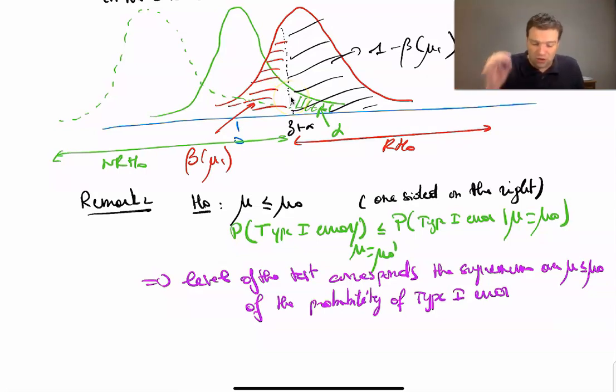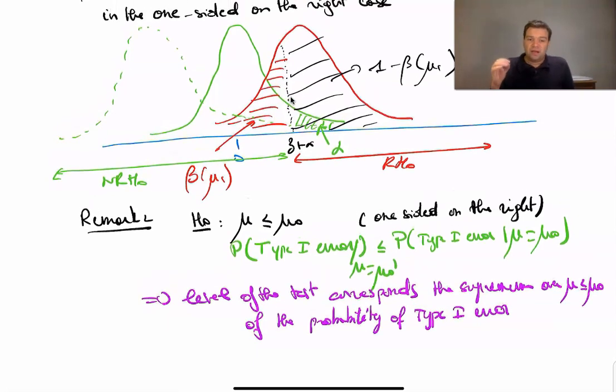Therefore, as a conclusion of this remark, when we assume under the null hypothesis this kind of thing, what we call a composite hypothesis,